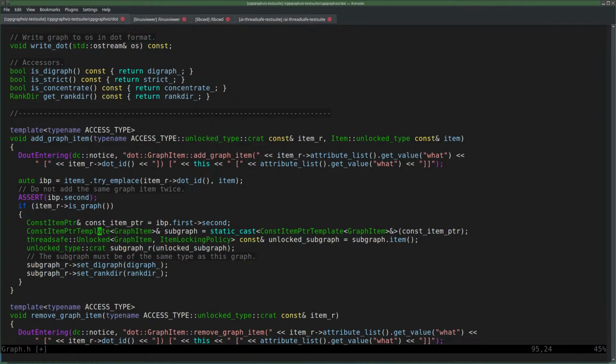Which is then converted to, no, it's a subgraph.